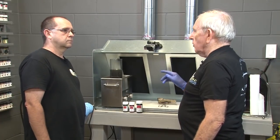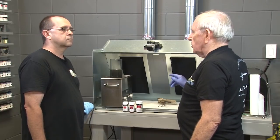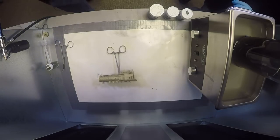If you don't have a grit blaster, scrub it down with some Ajax Comet and a soft toothbrush. That'll roughen up the surface. Okay. I did an experiment on the Facebook train groups where I took 4 of these paint jars and I